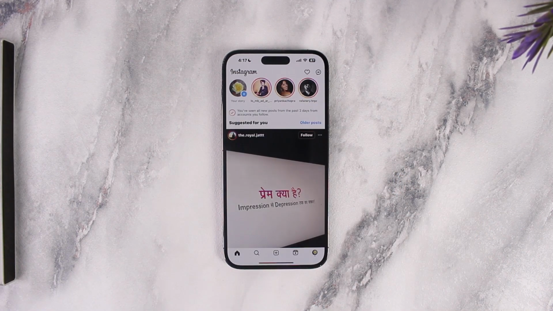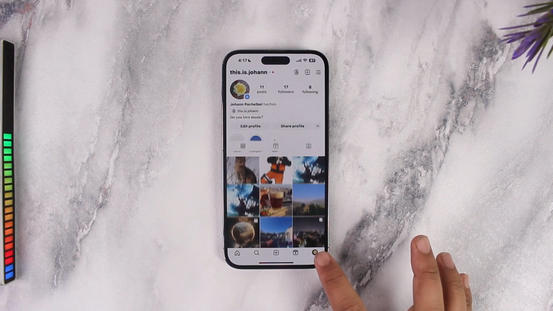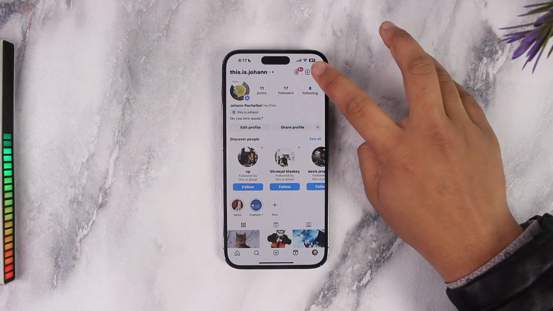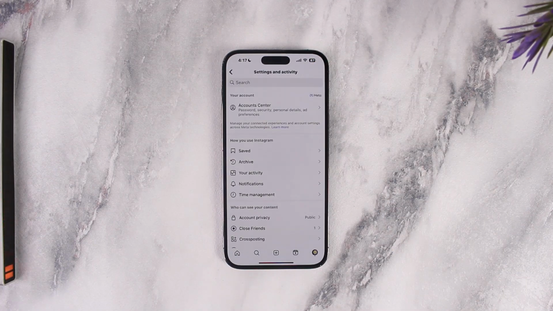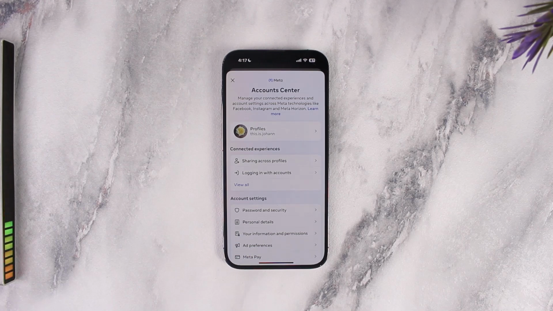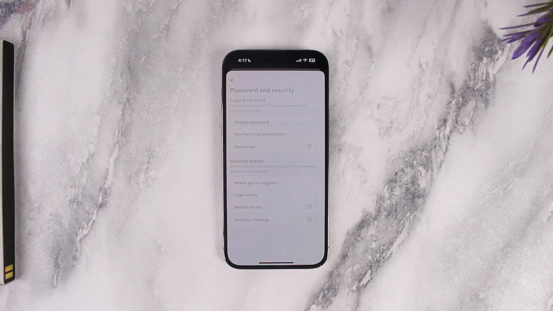here. Once you launch the Instagram app, come to your profile page by tapping the profile icon from the bottom right. Tap on the three lines option located at the top right hand side, and from there just go to Account Center. From Account Center, just go to Password and Security, and there at the top you'll find an option